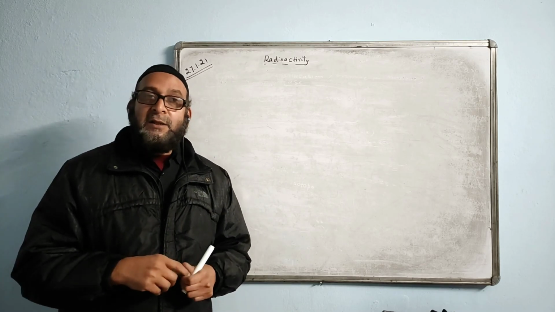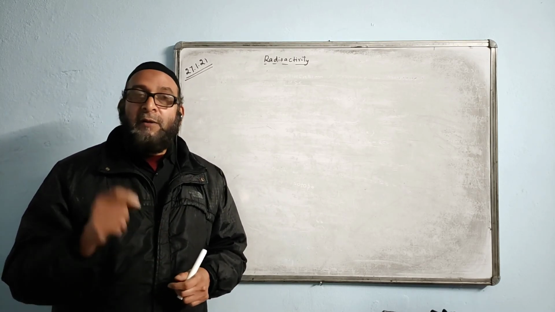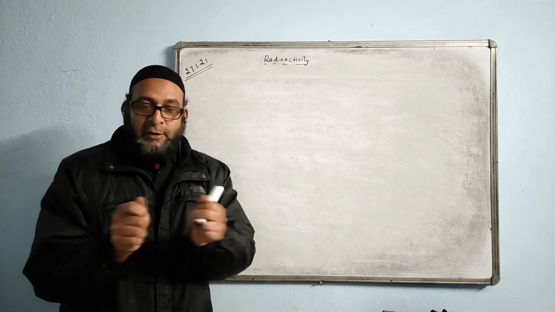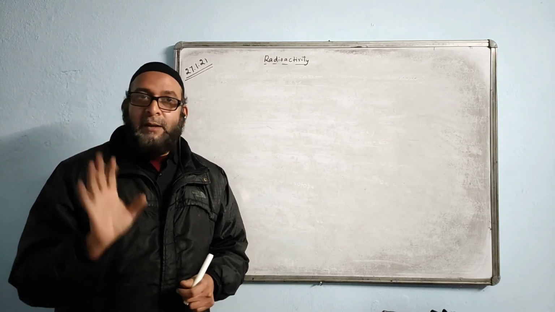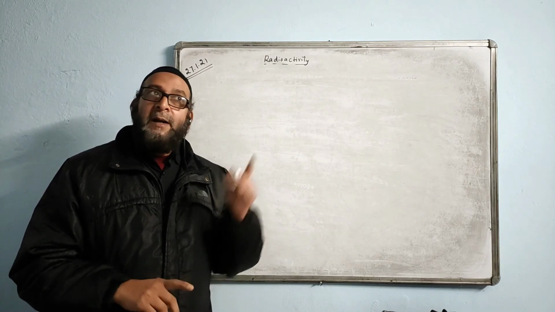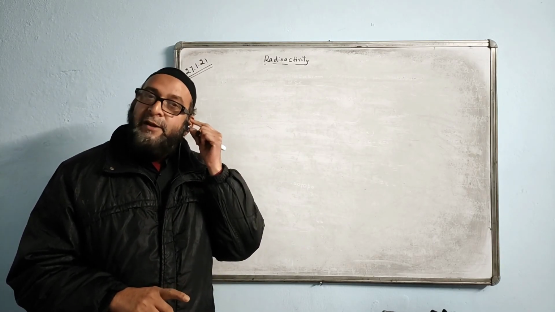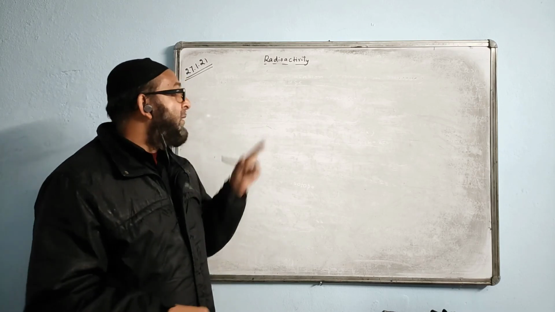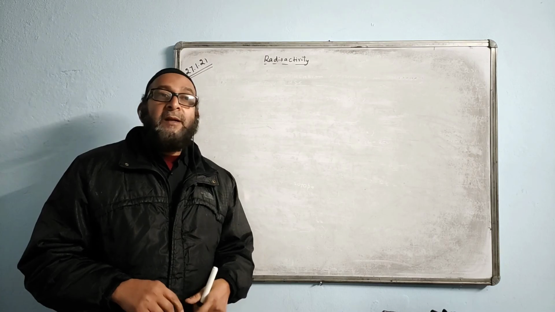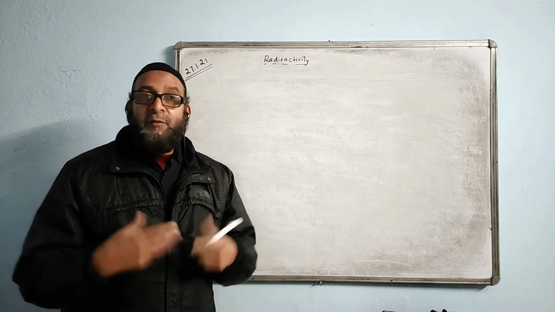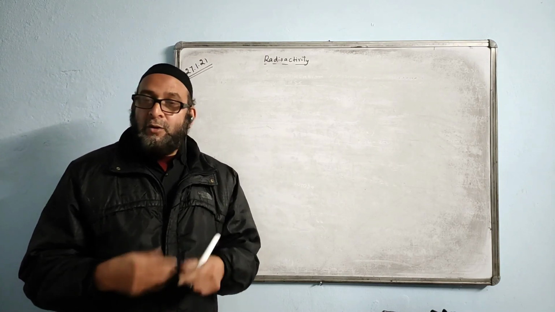And in the sun and the stars, what type of reaction takes place? We say nuclear fusion over there. Hydrogen nuclei combine together to form a single nucleus. That is called fusion. Just keep in mind the types of reactions. And in the nuclear reactor, what is the radioactive fuel? The answer is uranium. Uranium-235 is used over there. So the persons working in the nuclear reactor need to be very careful and have to take this kind of precautions.